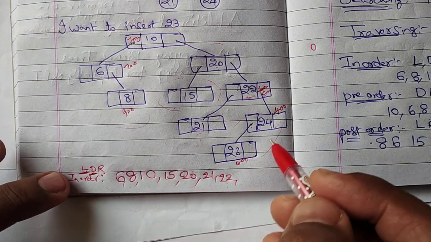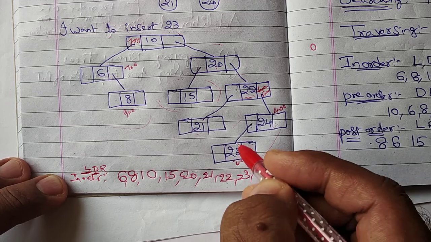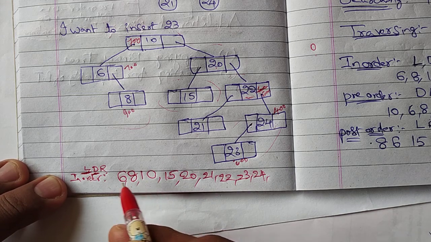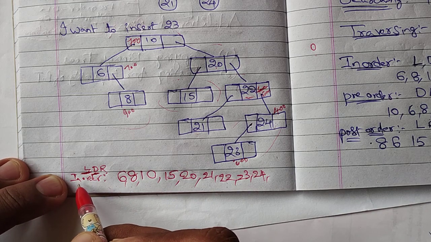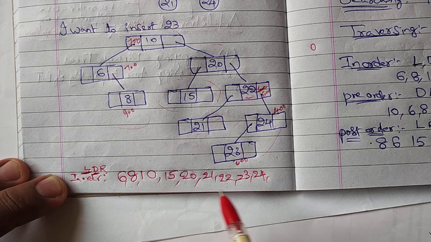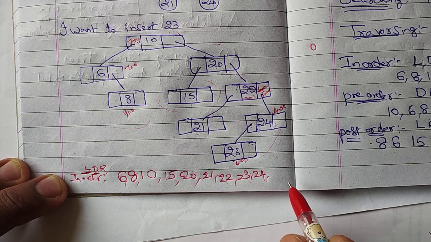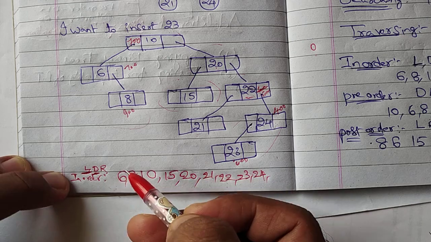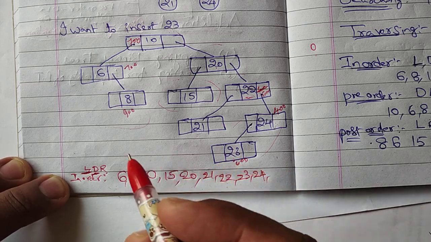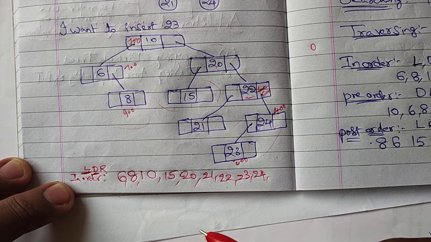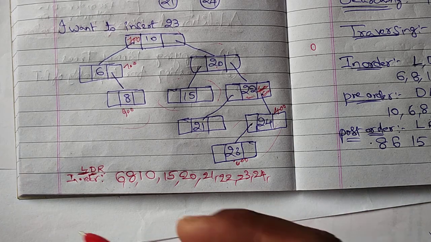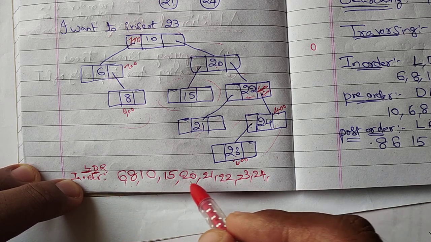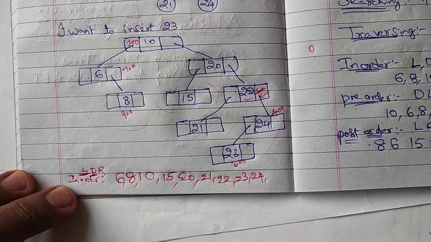So what is the rule? LDR. Come to the left one, 23. Next root node 24. Is there any right subtree? No. So see, if you carefully observe, while we are traversing by using in order, all elements come in one order, ascending order. So that is one more advantage. There may be a question in 2 marks: in which traversing order will we get the elements in ascending order? That is absolutely in order traversing. We will get all this data in ascending order. That is called in order traversing.